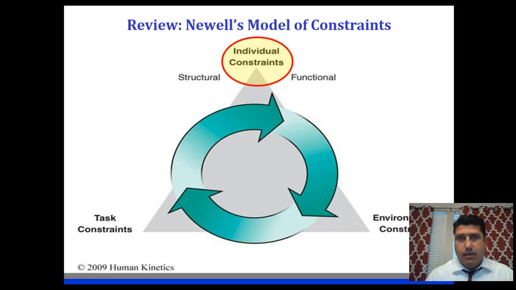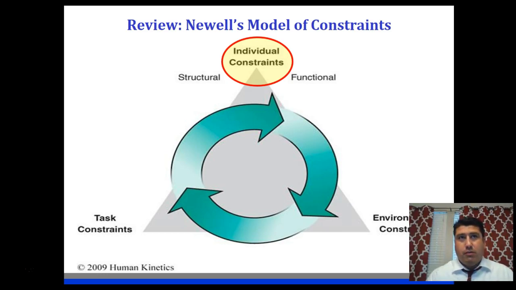So keep in mind, going into the next chapter, we're going to start talking about the development of movements. But just keep in mind that in order to move, the body systems have to work. They have to reach a critical level. And what that means is, in order for a muscle to contract, it obviously has to be attached to a bone. I mean, hopefully you guys understand that by now. And we'll talk more about that in this discussion. But in order for the muscle to really pull on the bone, the bone has to be strong enough to withstand that force, or else the movement won't occur. Okay. So that's just a basic concept of the individual constraint, or at least a structural constraint.